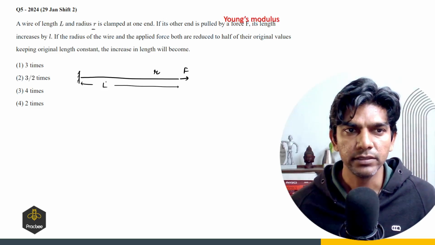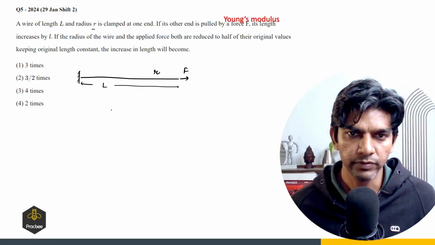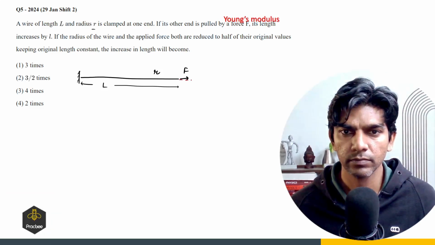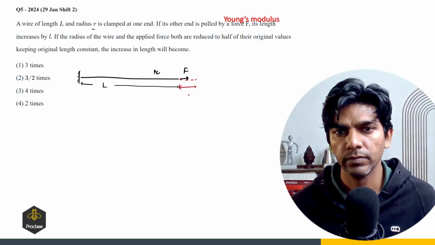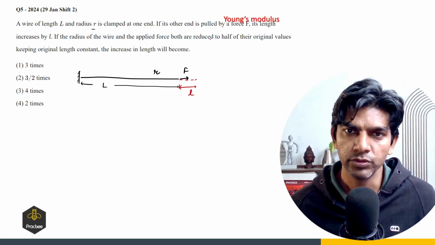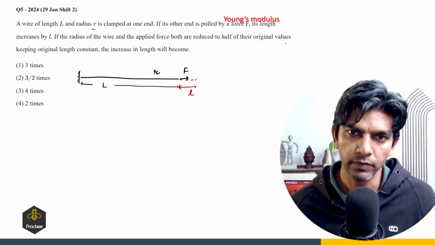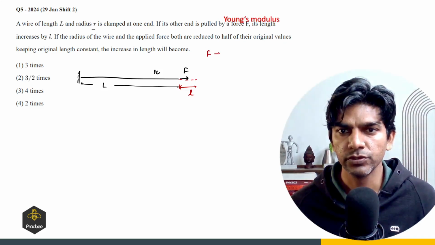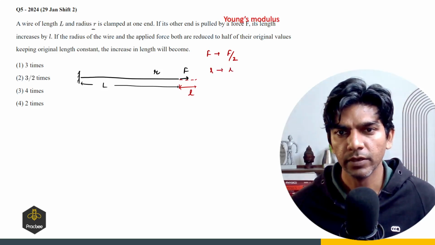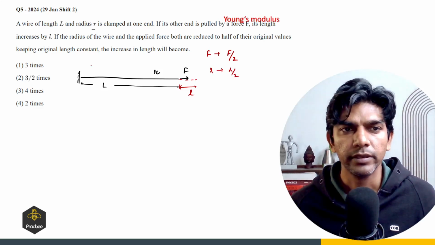Its length increases by L, so the elongation is given as L. So elongation in the wire is L, small l. So if the radius of the wire and the applied force both are reduced to half of its original value, so we are reducing force to F by 2 and the radius will become R by 2, keeping the original